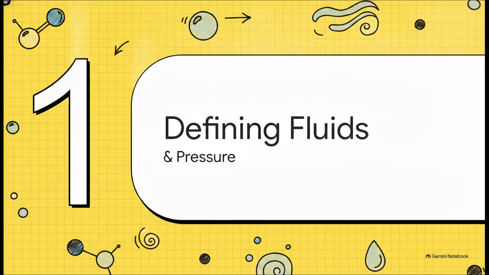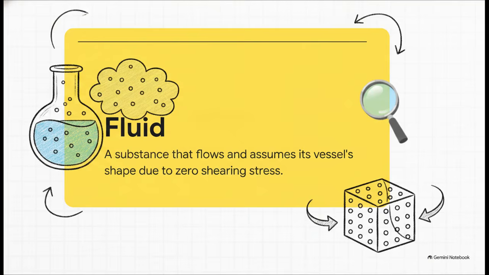Section 1. Defining fluids and pressure. So what actually makes a fluid? Well, it all comes down to the ability to flow. You see, both liquids and gases fit this bill perfectly because their atoms are just kind of randomly arranged. Unlike a rigid solid, a fluid simply can't withstand shearing stress for any real length of time. The very second you apply that stress, it just gives way, flows, and completely takes the shape of whatever container